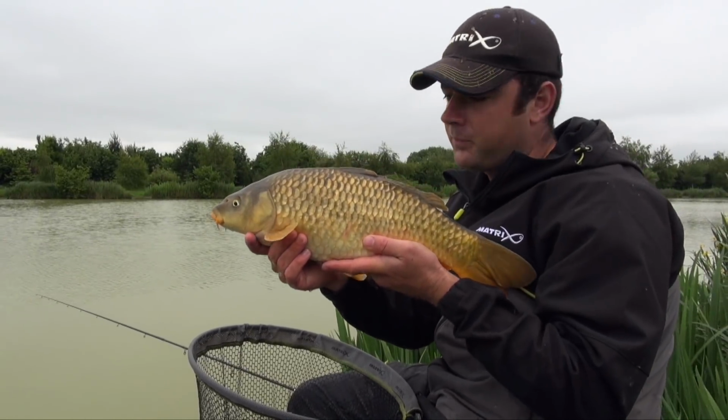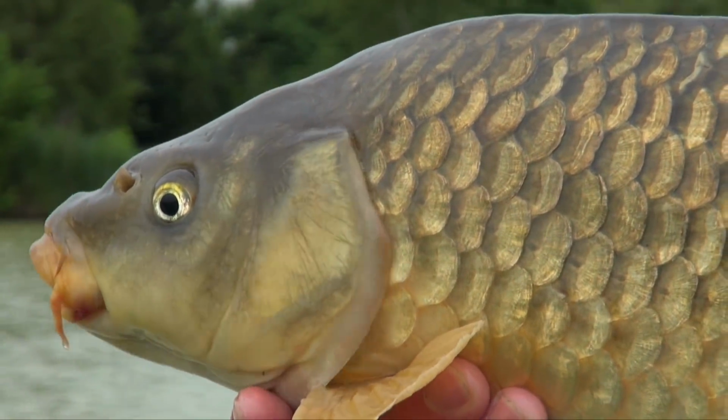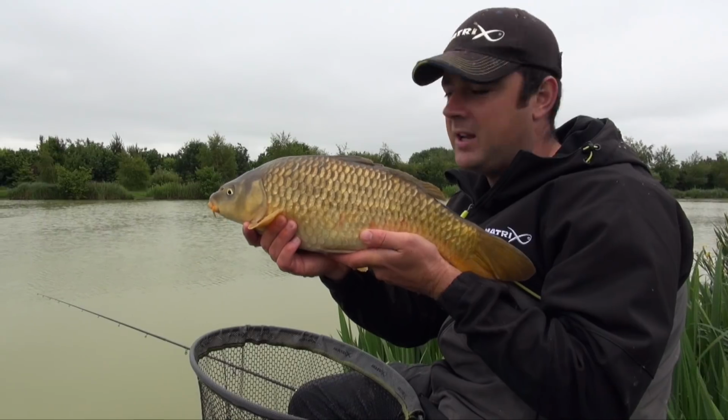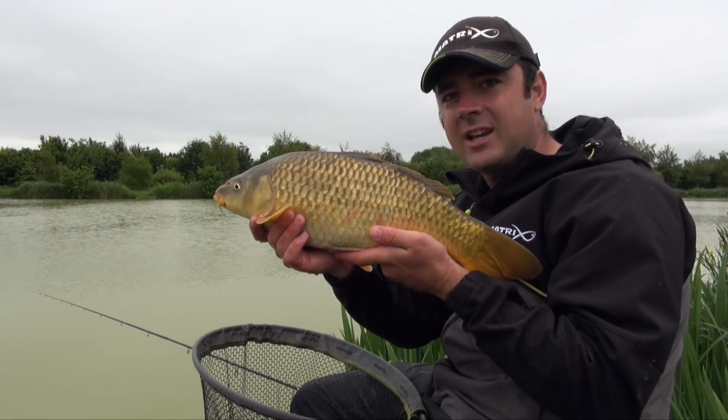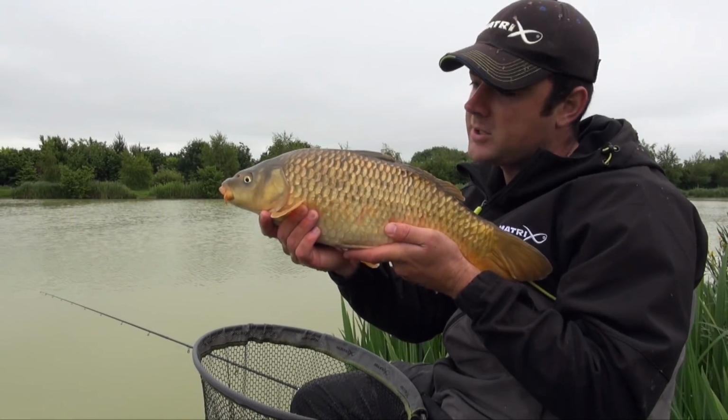The first time I've used this particular method with the ground bait in it, but that's twice now we've used a top baiter, and twice it's been a feeding reaction that we haven't seen many other methods produce. So very impressed with it. I'll be doing it